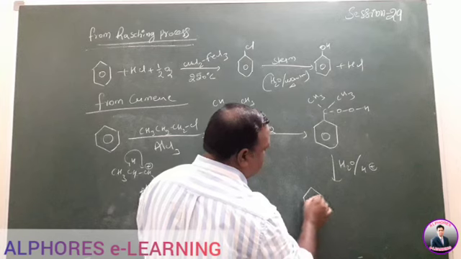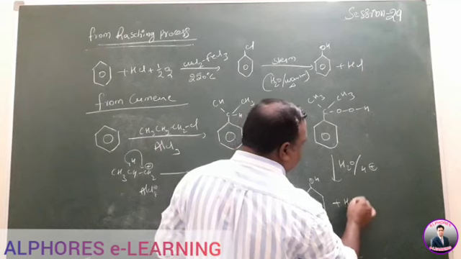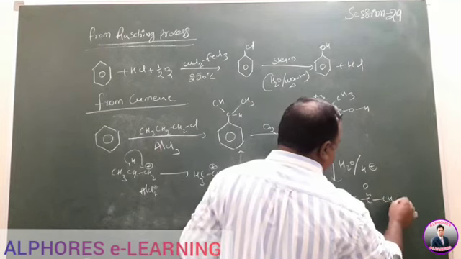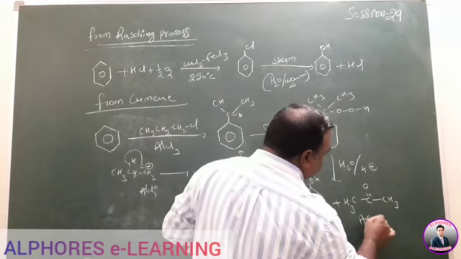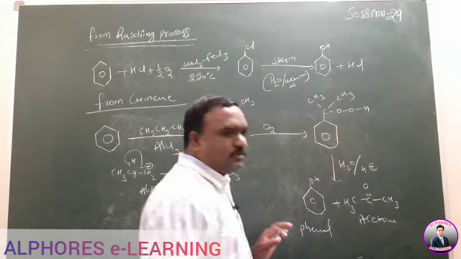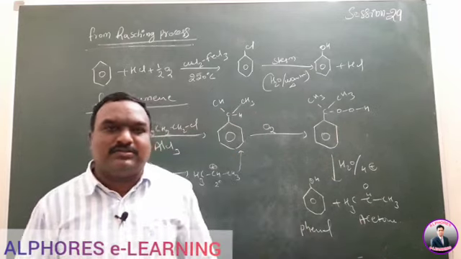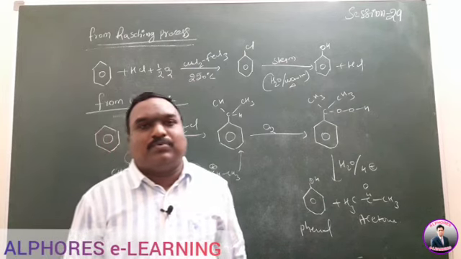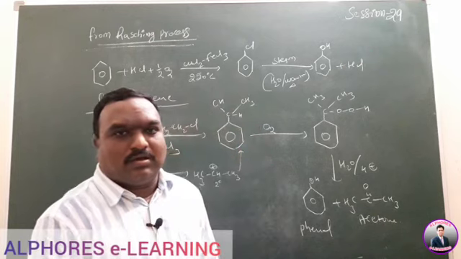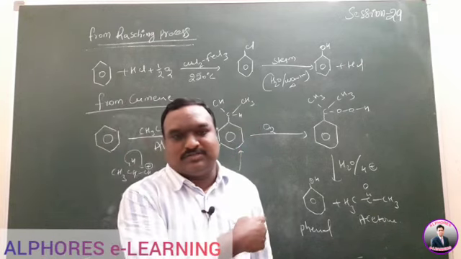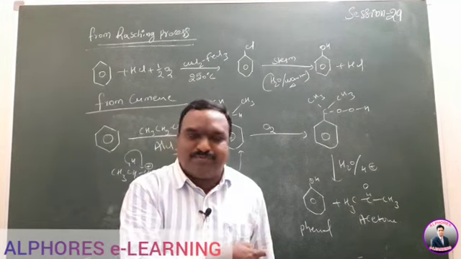The final product is phenol, and CH3, C double bond O, CH3. Acetone is formed here. So phenol compound is formed and acetone is formed here. This is the way to prepare the phenol. Both are important in this reaction. Acetone is also one of the important compounds in organic reactions. So by using the oxidation reaction, nothing but oxidation of the isopropyl compound or cumin compound, we finally form the phenol.